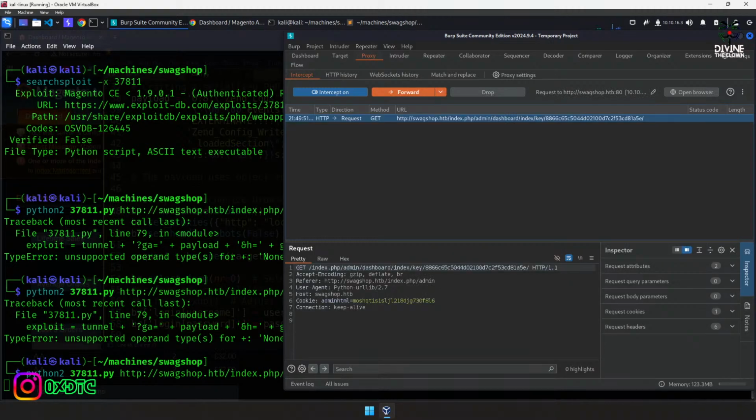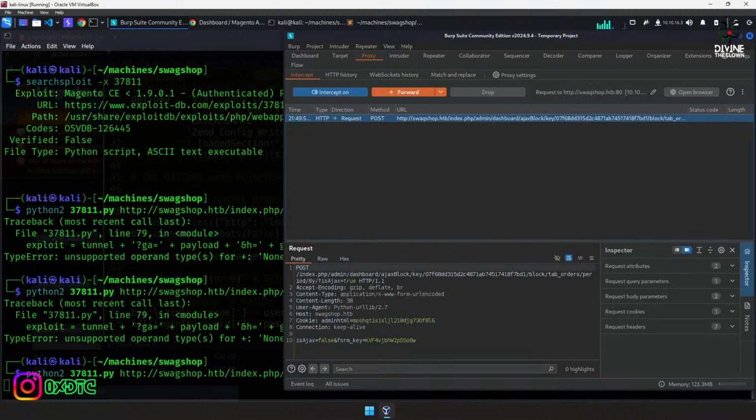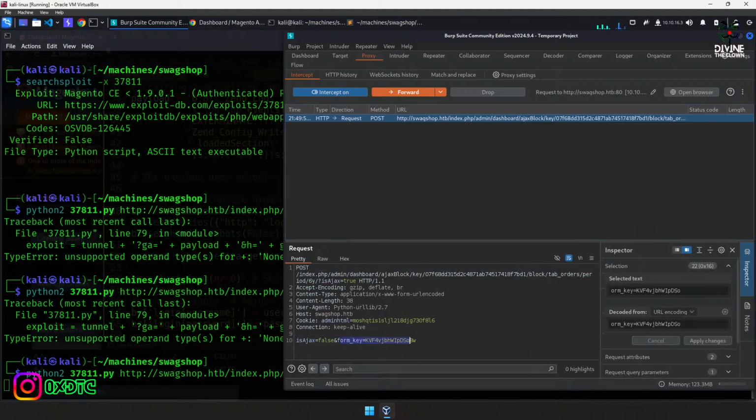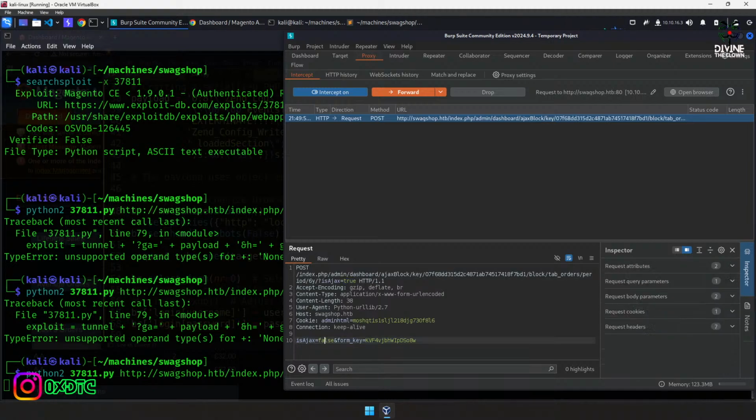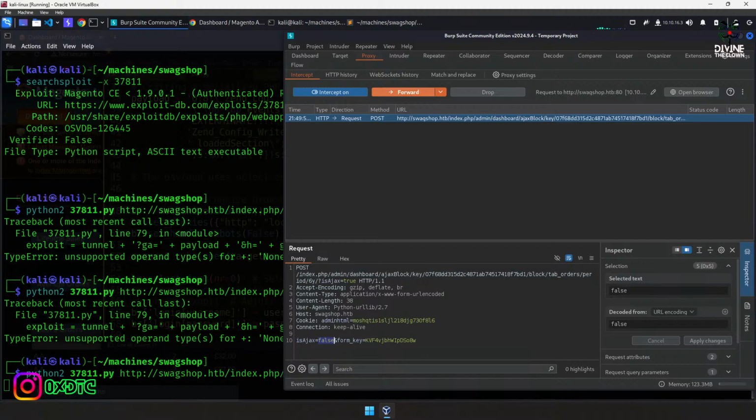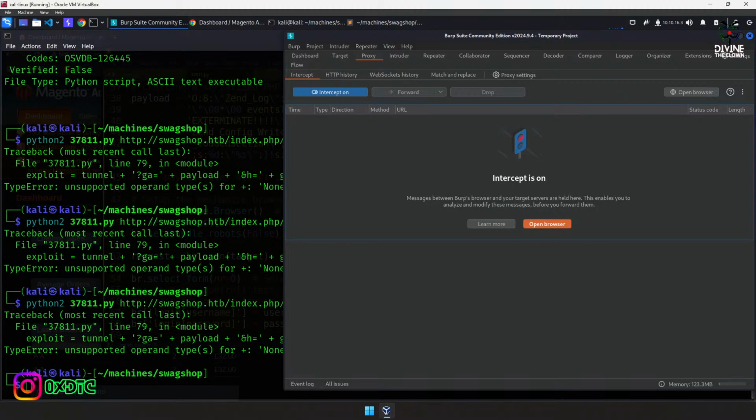Next, it got the entrance, I guess. Now it's saying it has added the, yo, what is this? Over here it's true. Over here it's false. Form key. Next. And it